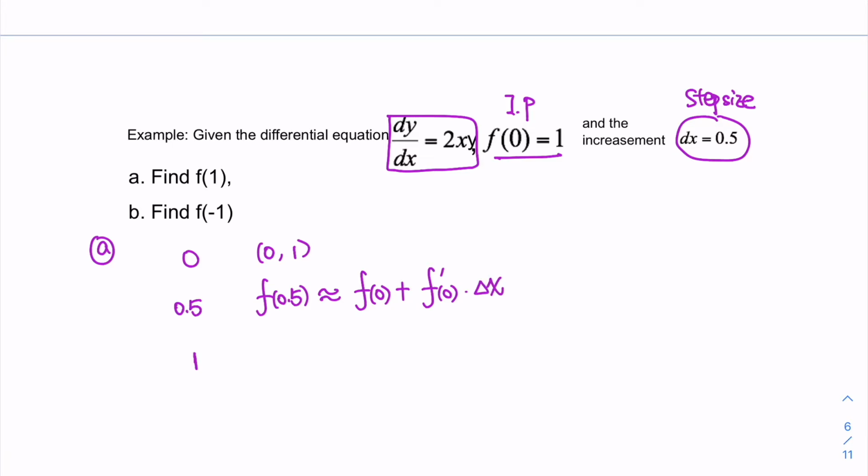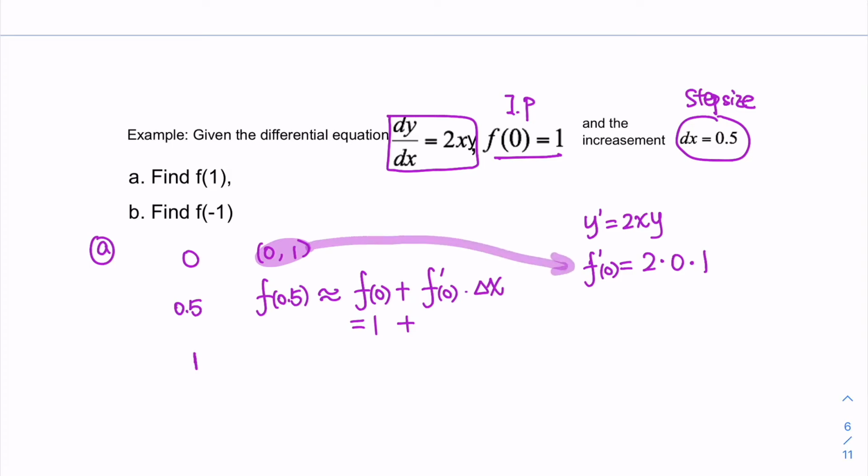So f(0) equals 1, which is given, and we need to calculate the derivative. Given y prime equals 2xy, f prime at 0 will be 2 times x equals 0, y equals 1. From here, we get f prime equals 0. 0 times 0.5, this is 1. So f(0.5)